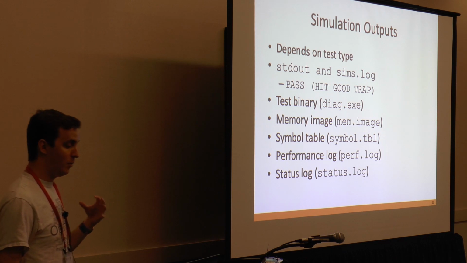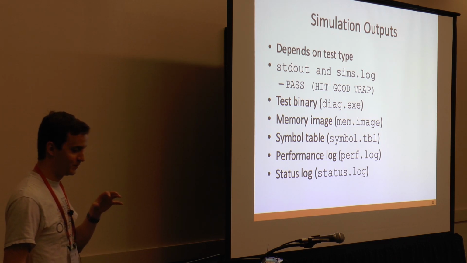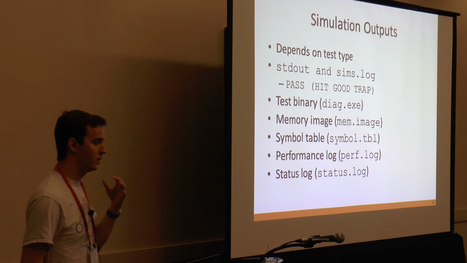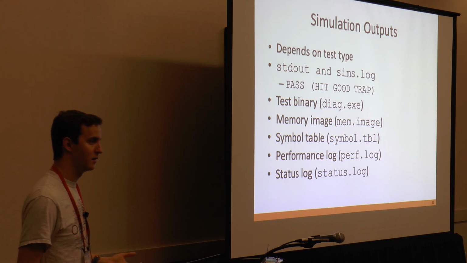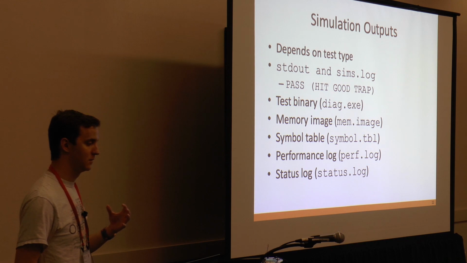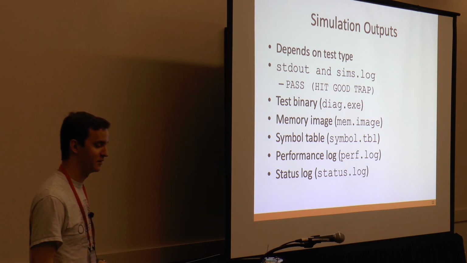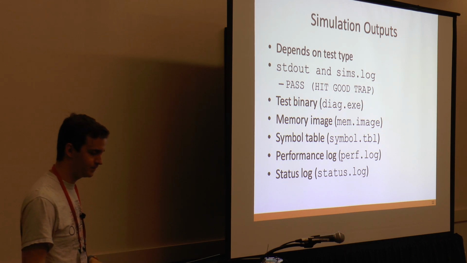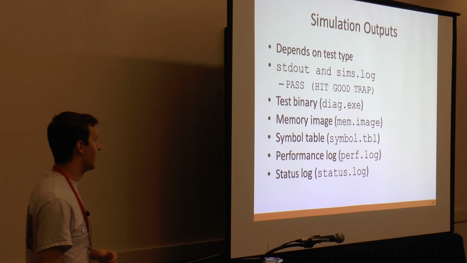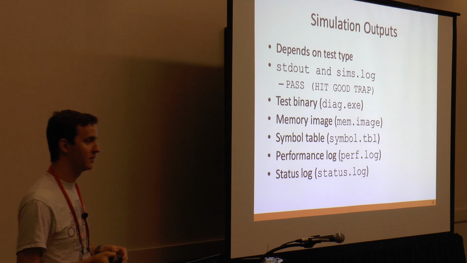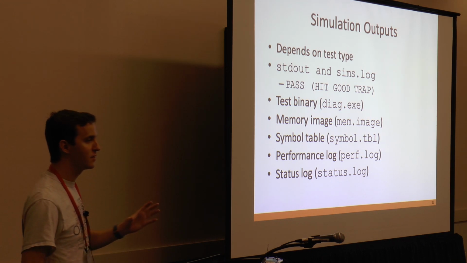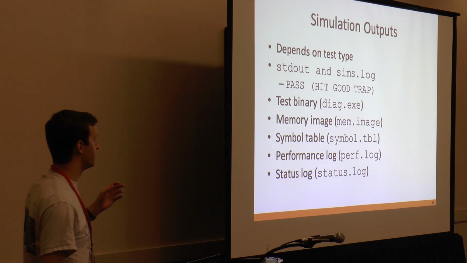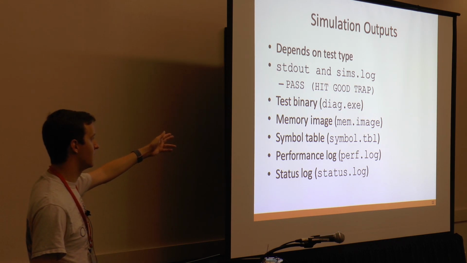So the simulation outputs quite a bit of things. It depends particularly on the test type. So when you run the simulation, you're going to see, again, another large deluge of information on your standard out, which also gets output to your sims.log file. And really what we're looking for when running a simulation is near the bottom, not exactly at the bottom, but near the bottom of your sims.log file or on your standard out, you should see a line that says pass,